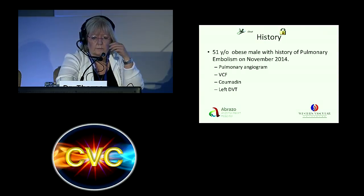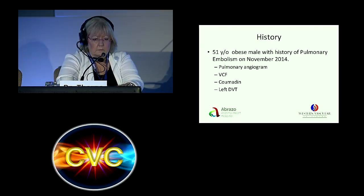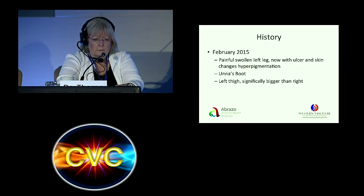However, they concentrated in the emergency on his being very short of breath. They took him to the lab and did a pulmonary angiogram. I don't know, and he doesn't know, if they used any thrombolysis or did anything to treat the PE. However, he ended up with a vena cava filter. They put him on anticoagulation with Coumadin. The left DVT was untouched, but since then, if we move forward with the next slide, the patient developed a